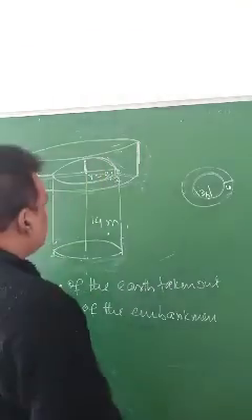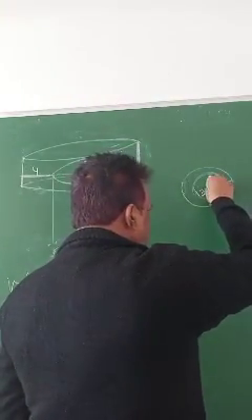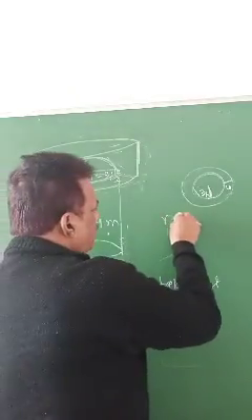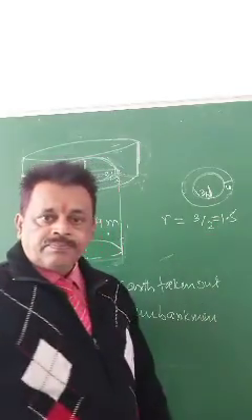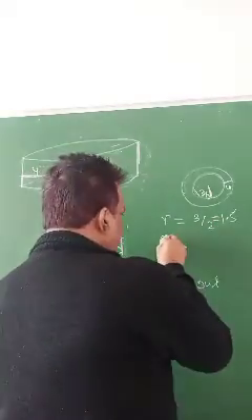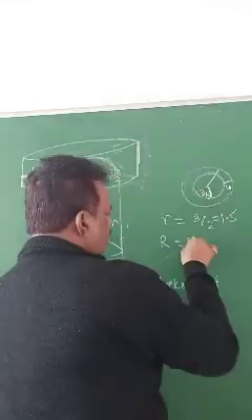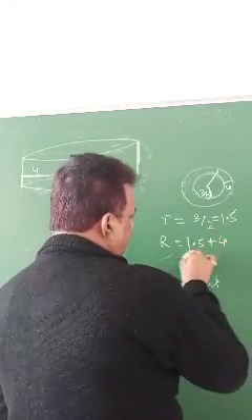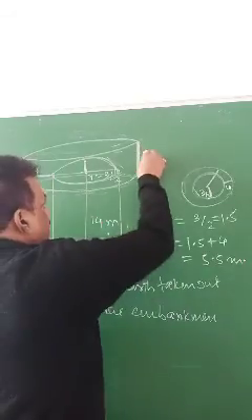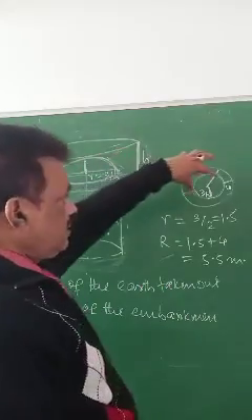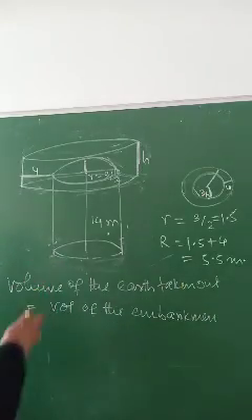Okay. Now look at here. This I copied here. If this is 4, this is 3 by 2. So you can write small r equals to 3 by 2. That is 1.5. Then capital R means this is your capital R. Is 1.5 plus 4. That is 5.5 meter. So this height you have to find out. Over this ring, how much earth has come up.